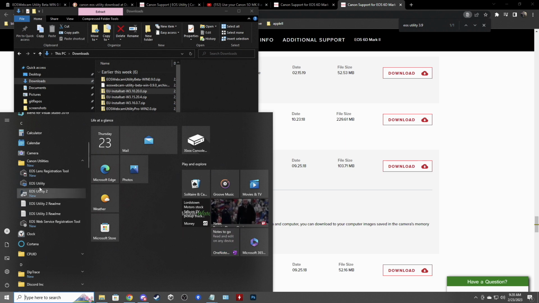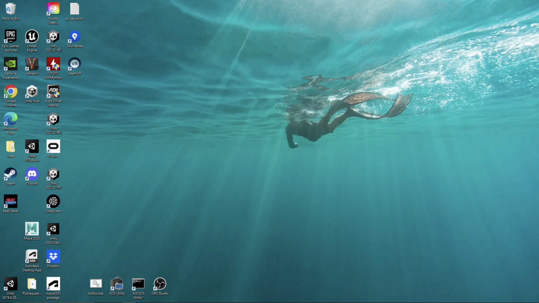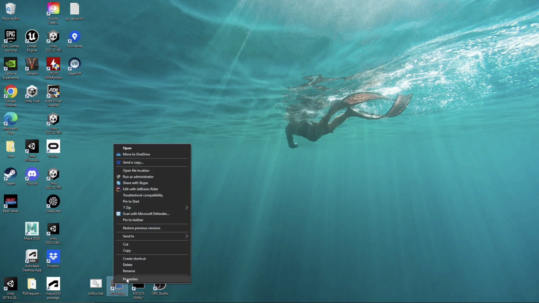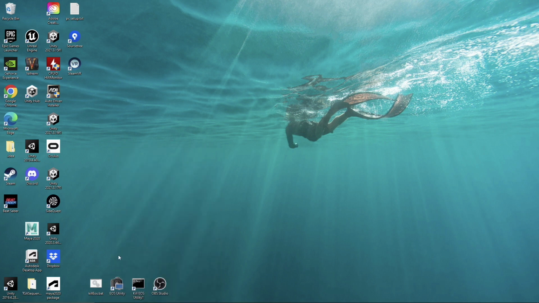I think there's a funny thing where there's EOS Utility and EOS Utility 2 here, but I think they're both the same thing. But when I run it, it shows up as EOS Utility. So let me show you that. This is the desktop shortcut I use every time. Yeah, it just runs it as EOS Utility. Okay, so here's what I wanted to show you. When I plug the Canon camera in,